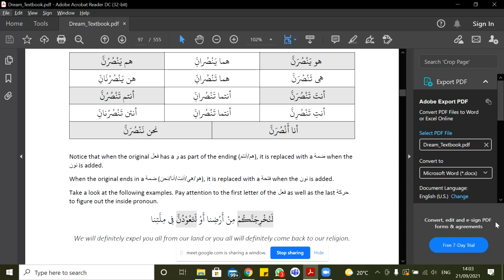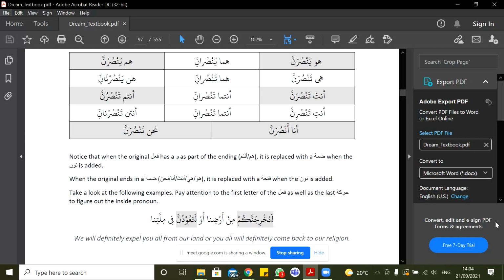Ta'uduna. Yeah, ta'uduna. So what is the verb here? Ta'uduna, what does it mean? Ta'udu means to come back. You come back. You all come back. Okay, now what do we have in the ending? We have the noon